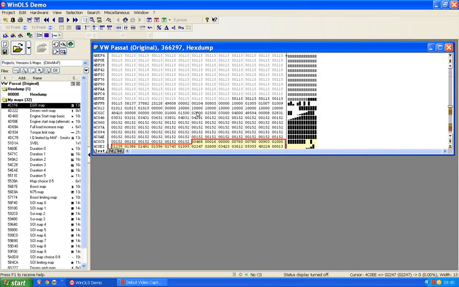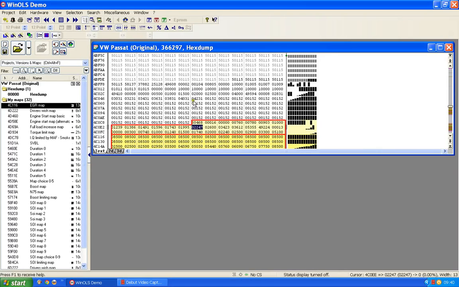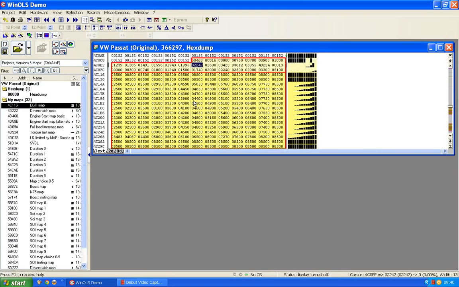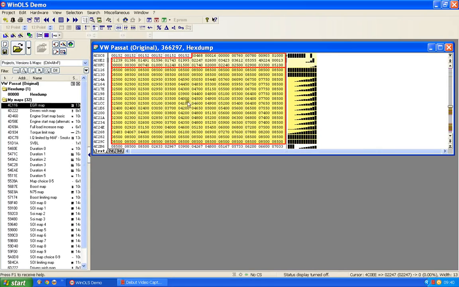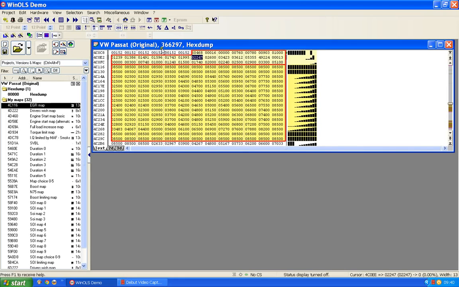Okay, in this video what I'm going to show you is how VW or VAG made changes to their own files, rather than how you should make changes or what changes you should make. I'm going to have a look at what they did. So what I'm going to do is stick with this original Passat PD TDI 130 EDC15, and